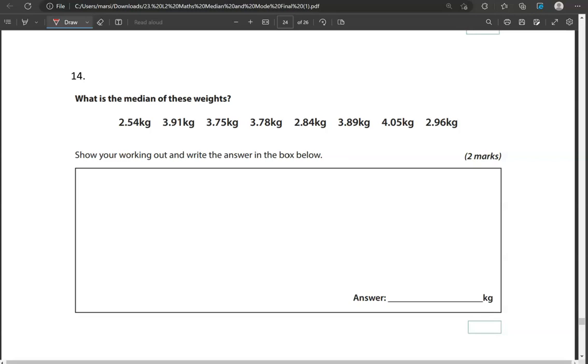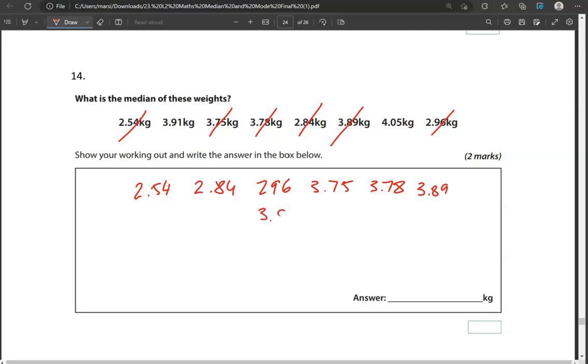So we're going to put them in order, starting with the smallest, 2.54, 2.84, 2.96, then 3.75, 3.78, 3.89, 3.91 and 4.05. Now crossing this out,